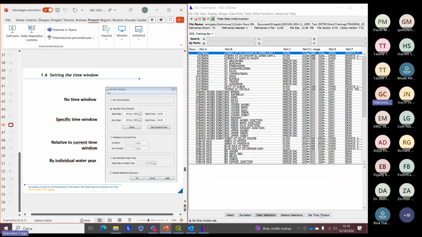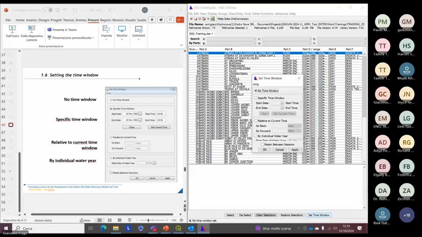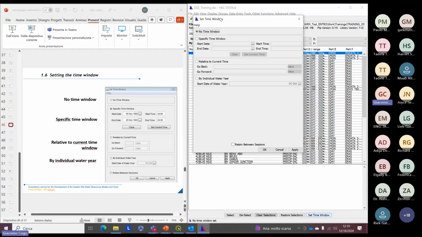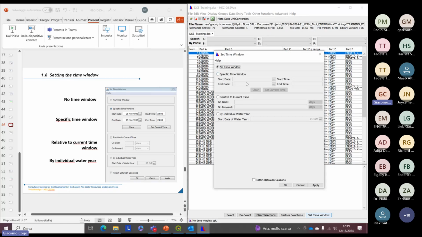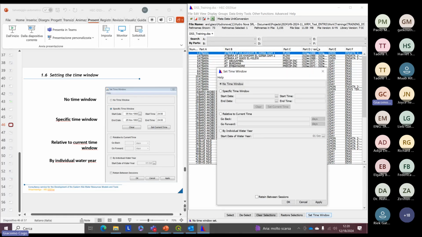Down here on the bottom there is this button, Set Time Window, that we can open, and through which we can select the time window that we want to apply to our record. Because if we just keep this at no time window, we will have all the available data seen on our screen. And when we do our plot, all the period that's specified in part D will be